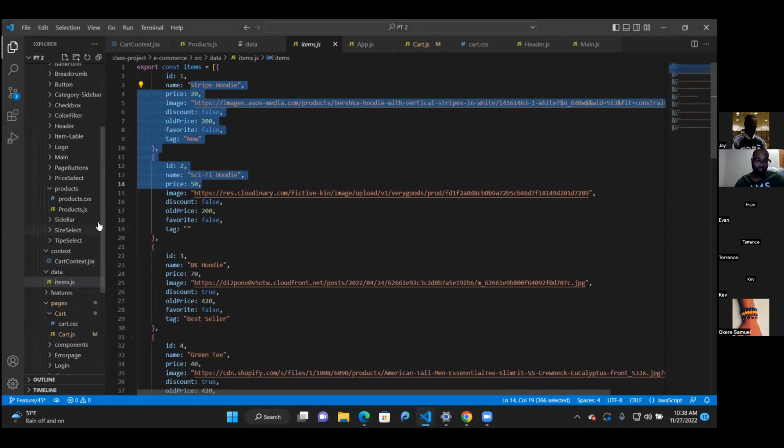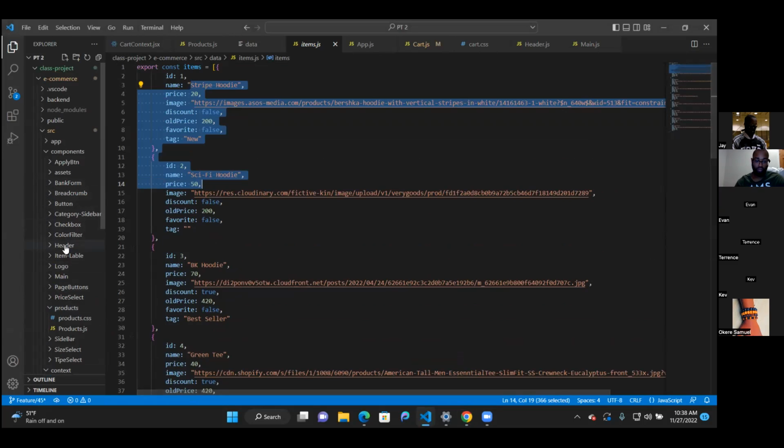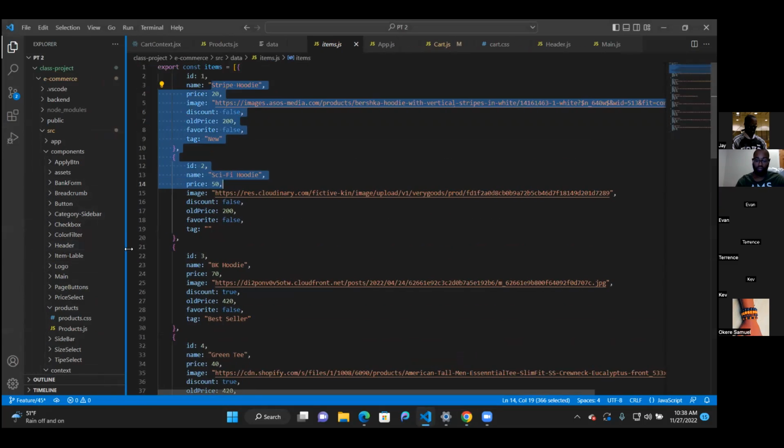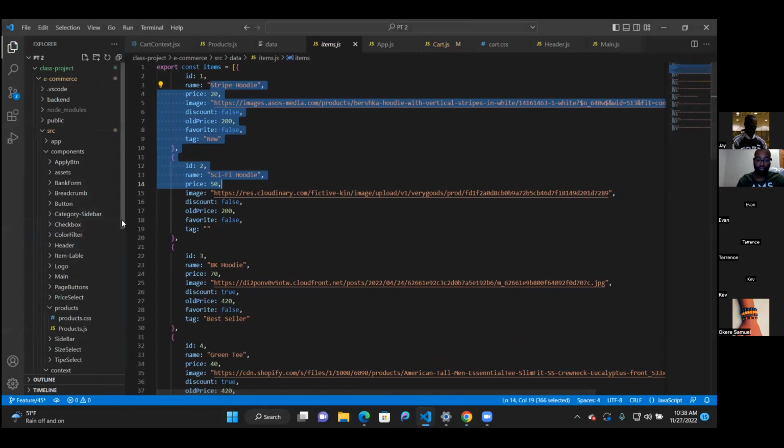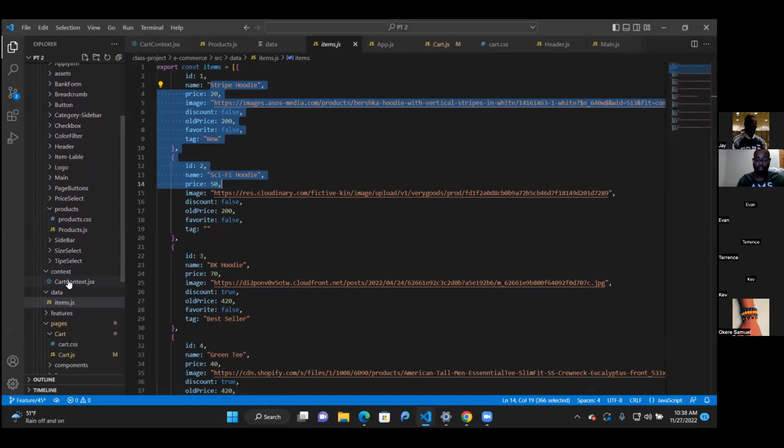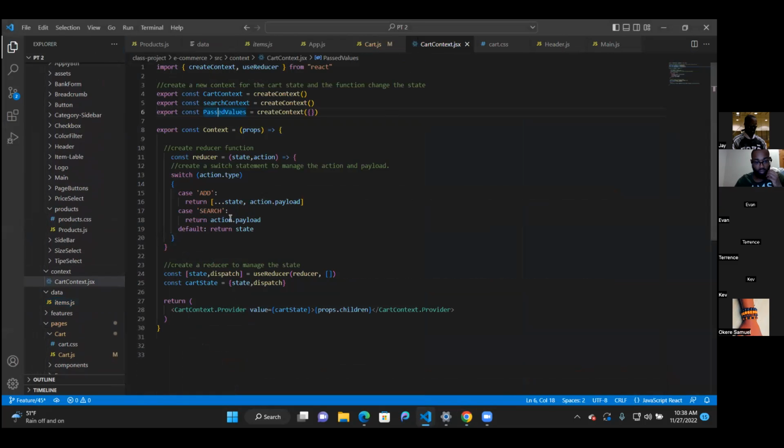Let's go to our context and scroll down. There it is. So here's where our context is being created specifically for the cart. We have a few of them, but specifically for the cart, here's where that's being created and being provided from our